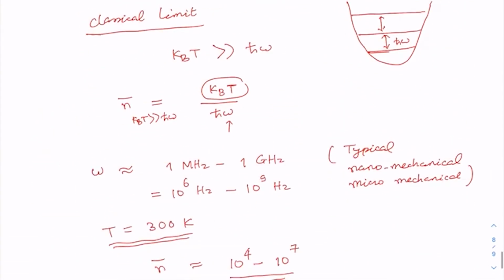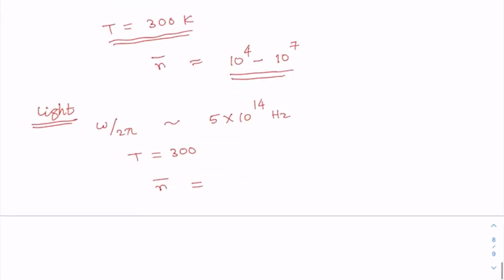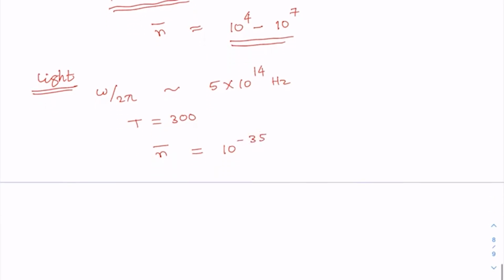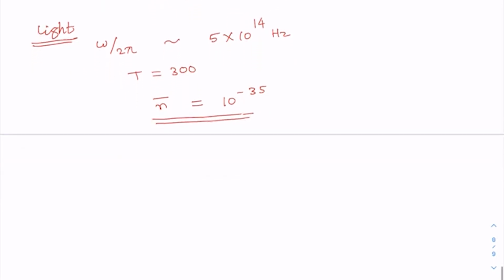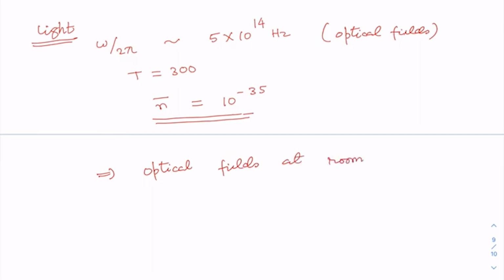If you use this expression and you know all the parameters, it would turn out to be around 10 to the power minus 35. That means it's a very small quantity, nearly zero. So that's the reason that optical fields at room temperature